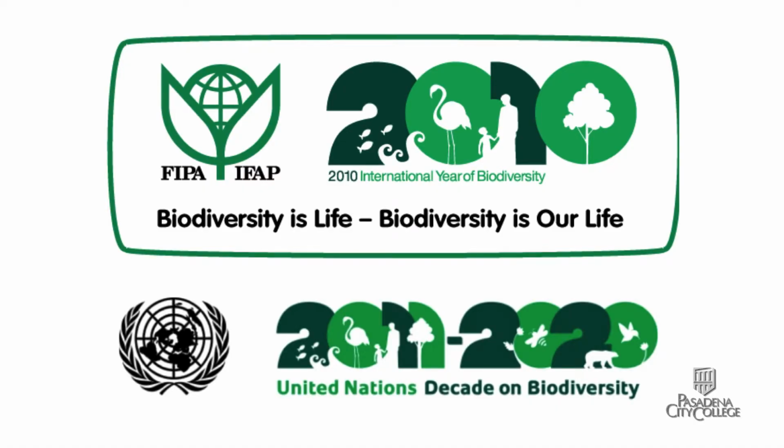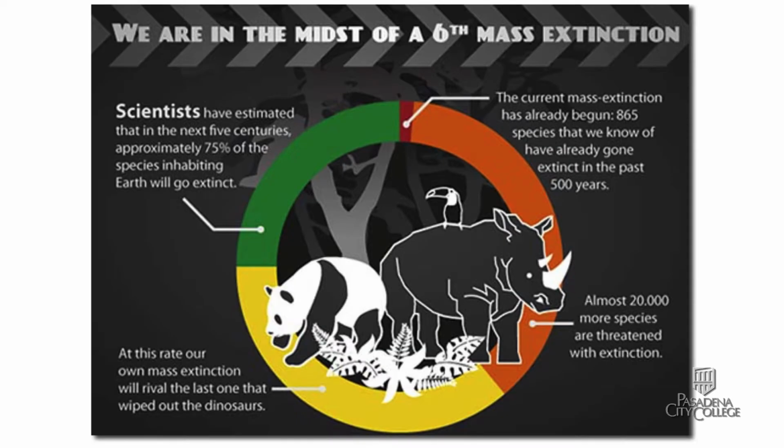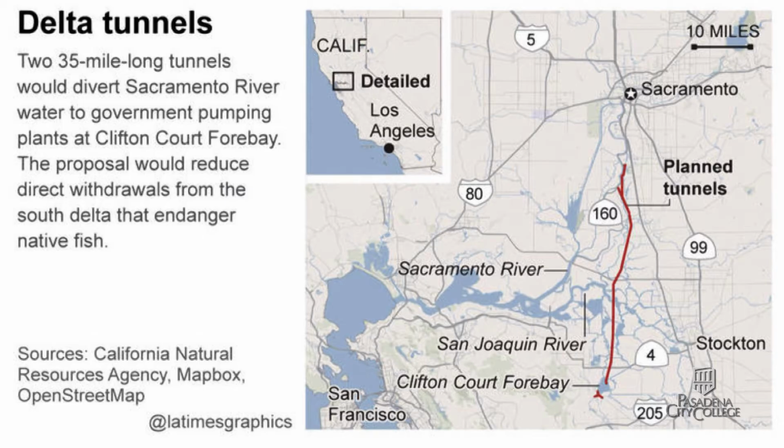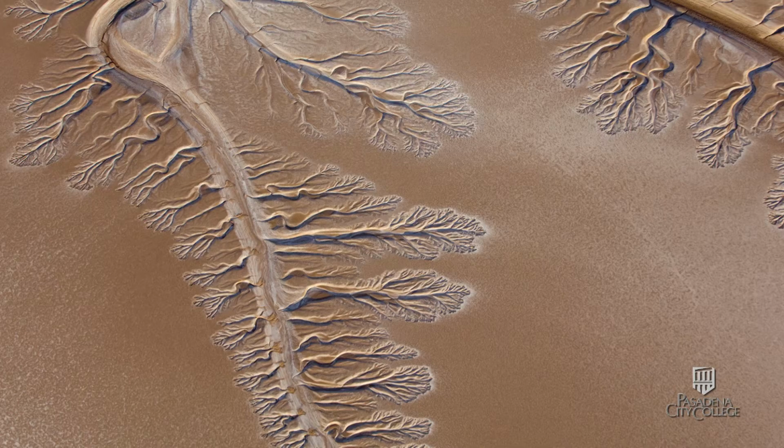Unfortunately, the campaign brought no significant change, so the UN then declared a decade for biodiversity. In 2015, scientists agreed that a 6th massive extinction has begun and it could end in major global collapse. What this means, more specifically, is that this mass extinction will rival the last one that wiped out the dinosaurs. With all this knowledge of the negative effect of water diversion, we are busily expanding our water projects. California is working on a tunnel longer than a tunnel between England and France to bring more water from north to south. Will our Sacramento-San Joaquin Delta look like the Colorado River Delta someday?